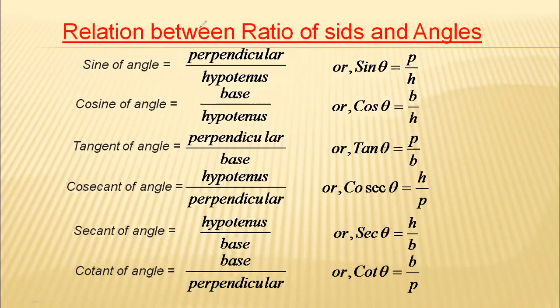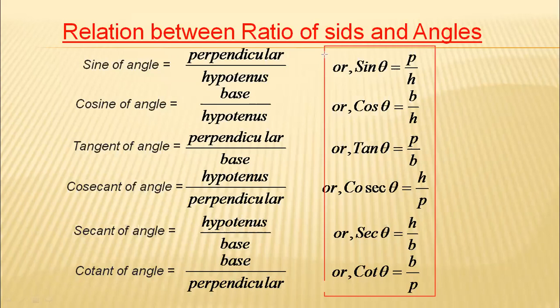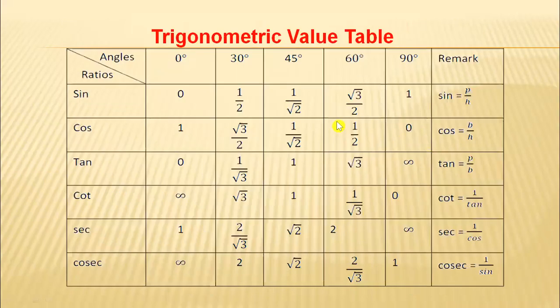So in this way, we have to remember these formula here. This means formula of sine theta, cos theta, tan theta, cosec theta, sec theta, and cot theta. Mainly, we'll use these three formula, sine, cos, and tan. And out of these also, in the chapter of height and distance, mostly tan theta. In the chapter of area, in this we'll use the formula of cos theta. So it is necessary to remember these three formula here. Let's move to the next one, trigonometric value table.